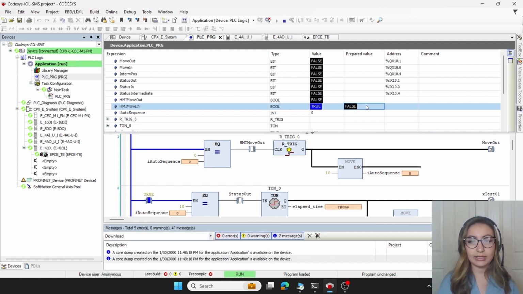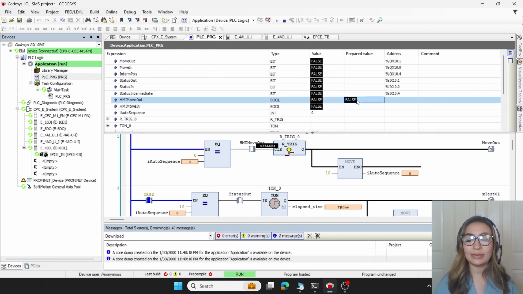Actually, it might have been my move out. I moved my move in, which was already at the move in position. So I'll change HMI move out to true, and it went ahead and moved out. So I'm going to stop this here